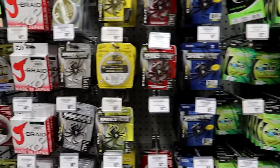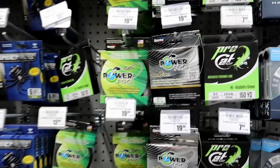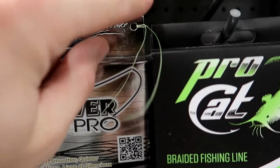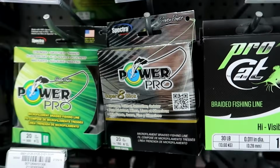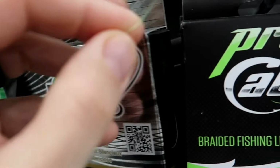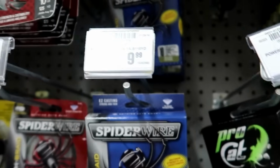we've got Suffix, we've got everything. So my favorite brands of braid, I do love Power Pro, and especially this one right here, the Super Slick. It's the quietest one in your line guides, and you guys know if you've ever used heavy braid, some of those sound like a saw going through your line guides. But the Super Slick is very nice, but the problem is it's very expensive as opposed to a regular